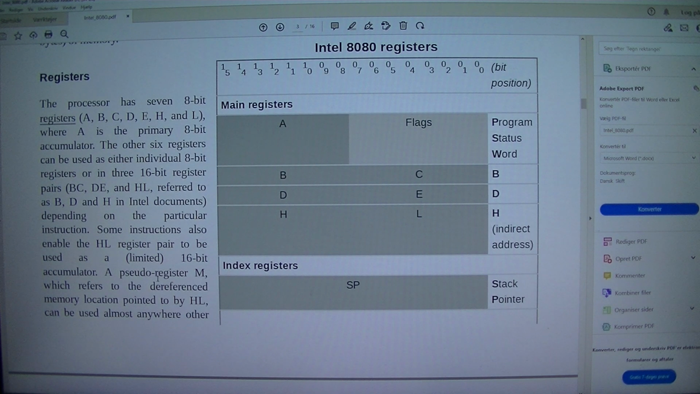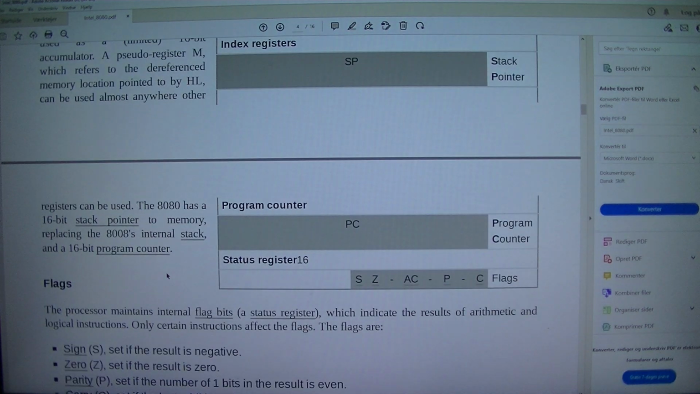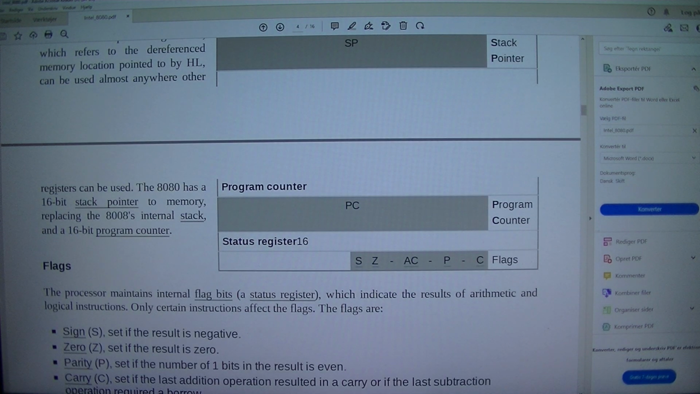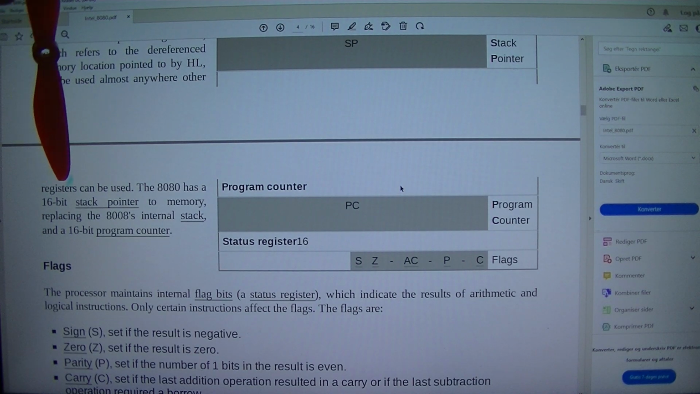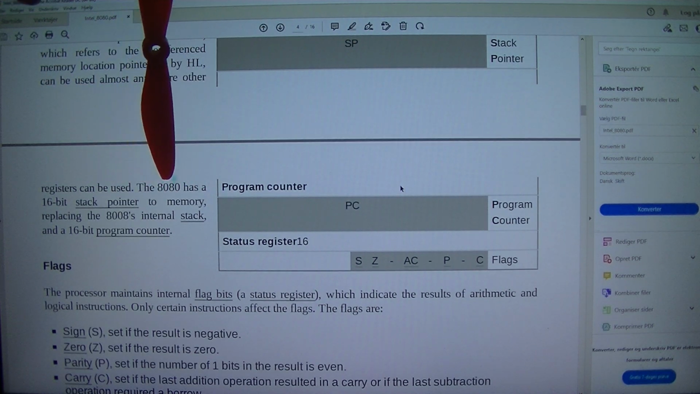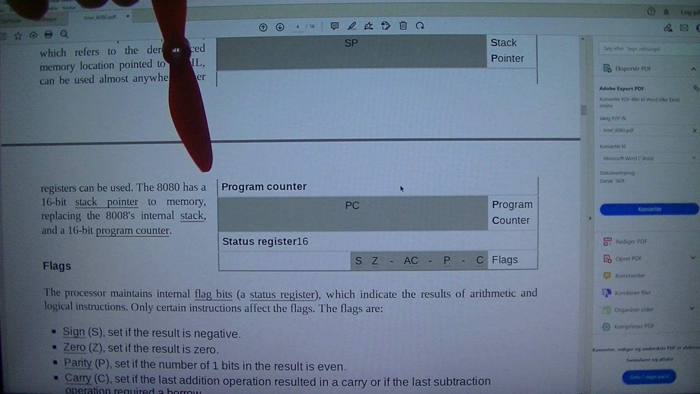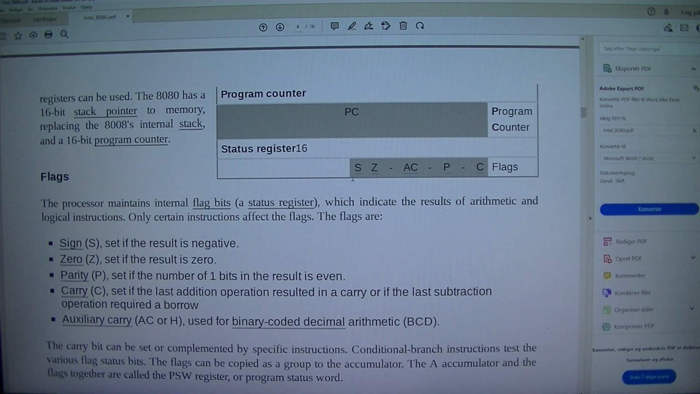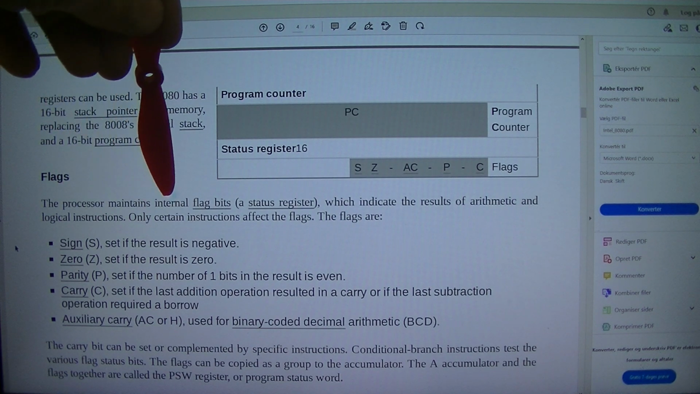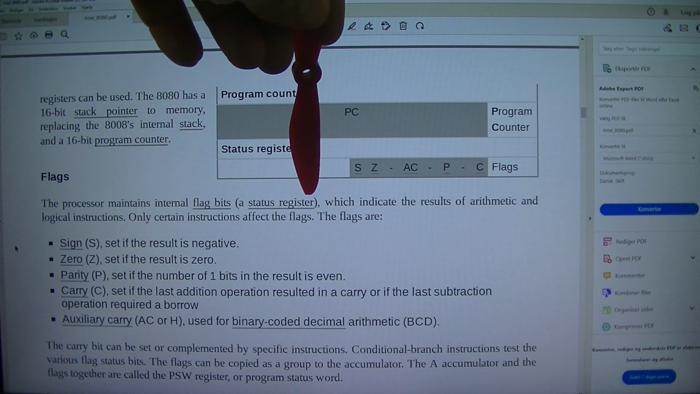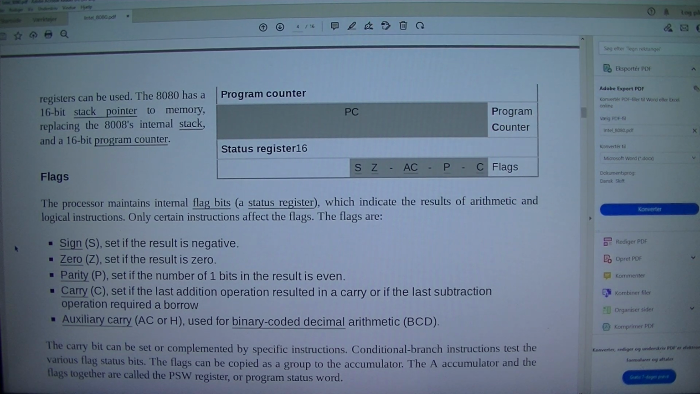A pseudo-register M, which refers to the memory location pointed to by HL, can be used almost anywhere other registers can be used. Program counter, status register, 16-bit, S, Z, A, C, P flags. The 8080 has a 16-bit stack pointer to memory, replacing the 8008's internal stack, and a 16-bit program counter. Flags. The processor maintains internal flag bits, a status register, which indicate the results of arithmetic and